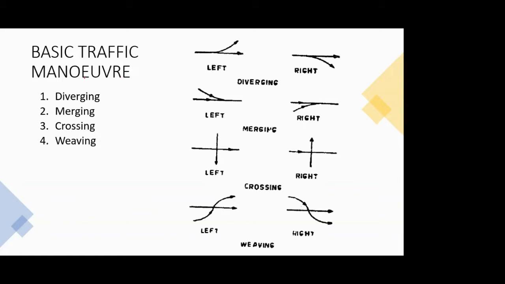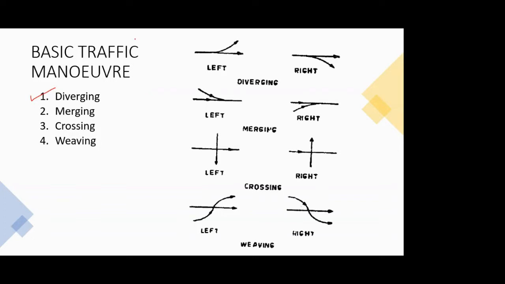So till now, what we have seen is the parameters of traffic, then its interrelationship. Then we had seen the traffic studies in detail. So now we know that traffic is nothing but movement of your vehicles or pedestrians on road. If we concentrate only on the movement of vehicles, we can come up with basic traffic maneuvers, the 4 basic traffic maneuvers shown here, that is